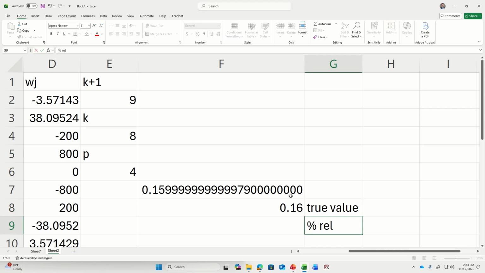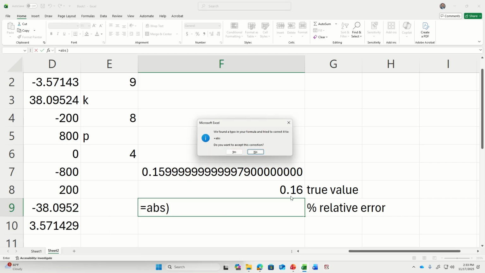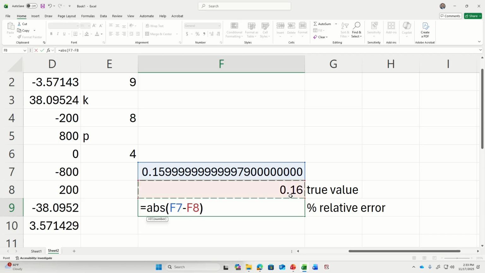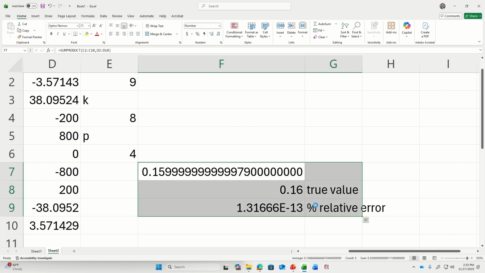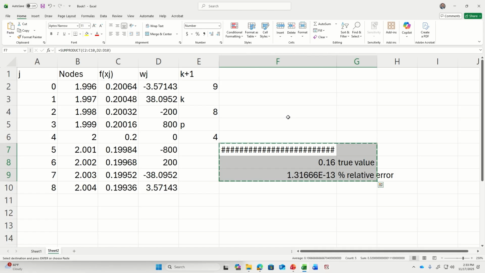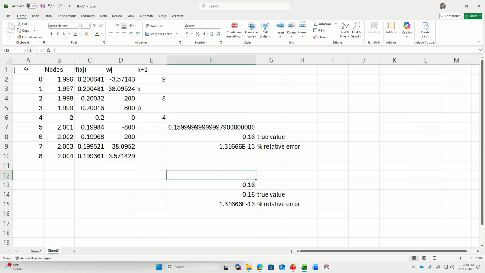And the percent relative error would be the absolute value of the approximation minus the true value divided by the true value. So there's my percent relative error. But this was for k plus 1 equals 9. If I want this to be k plus 1 equals 7,